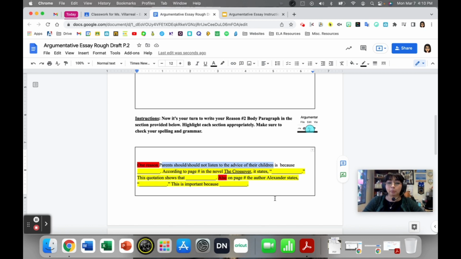Okay. So go through. If you think you're done, read it out loud to yourself, like actually out loud to yourself. You don't have to read it loud, but you can whisper it because you're more likely to catch mistakes that way. Okay. And you want to make sure that someone who's never read The Crossover is able to follow along with your argument, because if they're not, then you're not doing a good enough job of explaining. Okay. And that's all you have to do for your second paragraph. Okay. That's it.